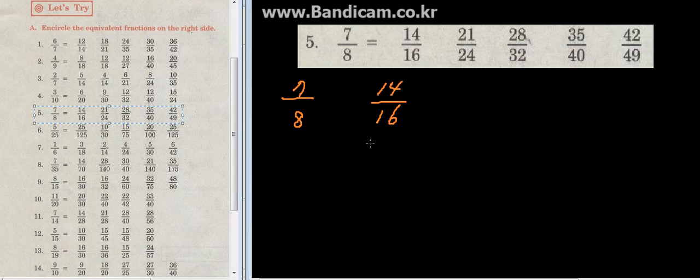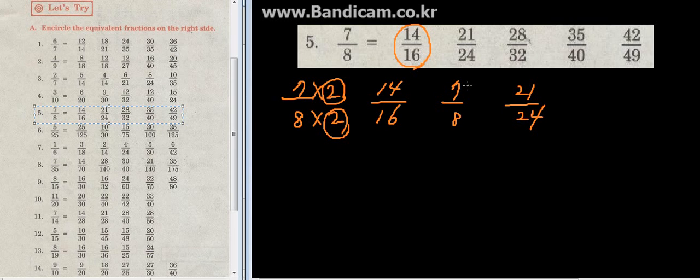Is 14 over 16 the equivalent fraction as 7 over 8? We have to multiply 7 by 2 to make 14 and multiply 8 by 2 to make 14. No, sorry, to make 16. So we multiply the same number, so 14 over 16 is the equivalent fraction. And next, 21 over 24. We have to multiply 7 by 3 to make 21 and multiply 8 by 3 to make 24. So these numbers are the same. So this fraction is the equivalent fraction as the given one. And the next,